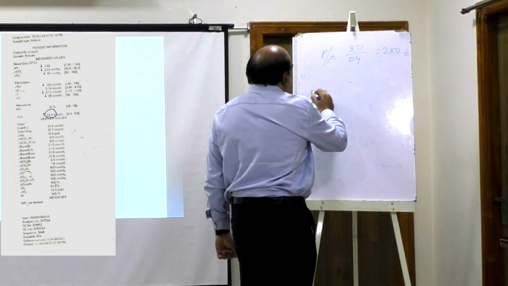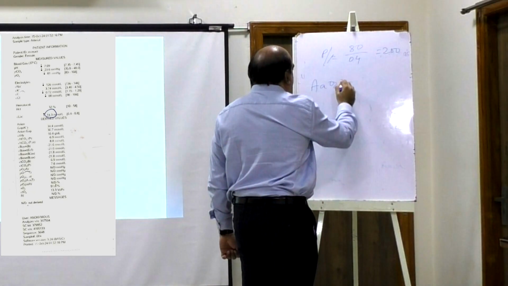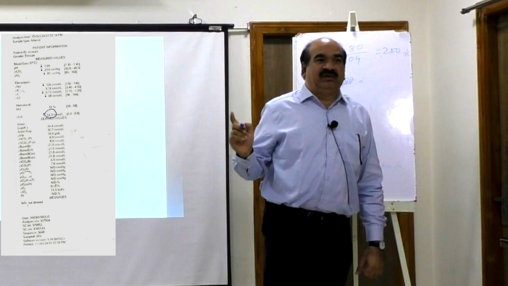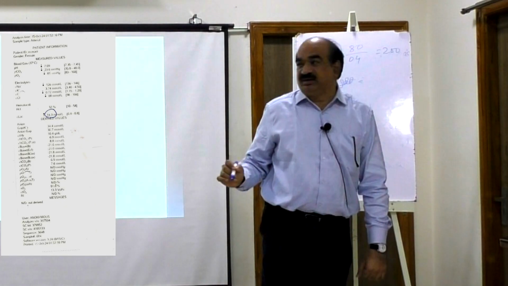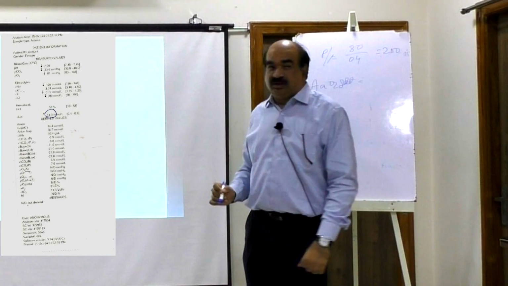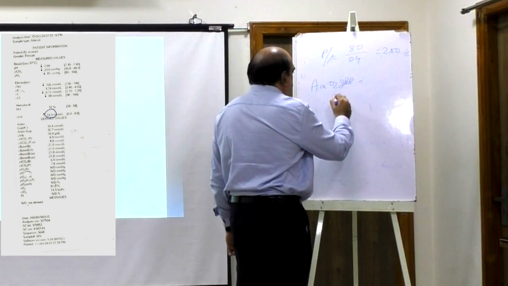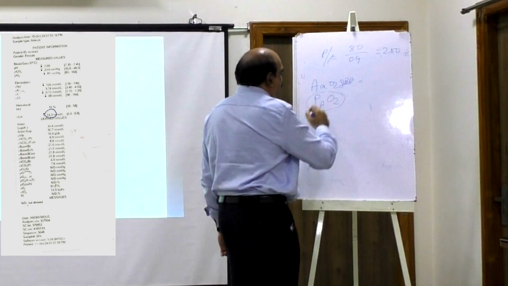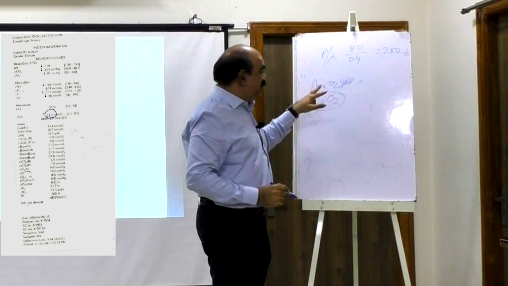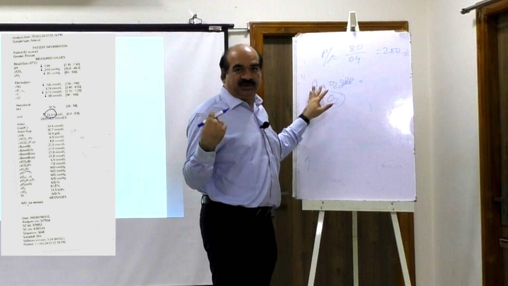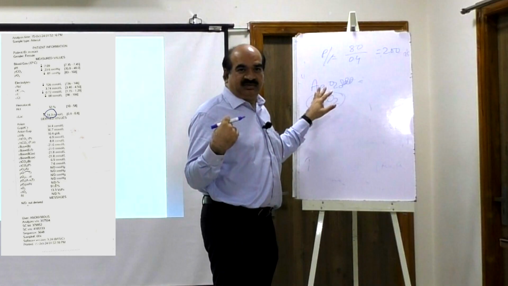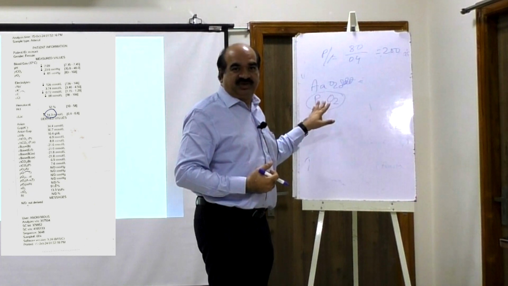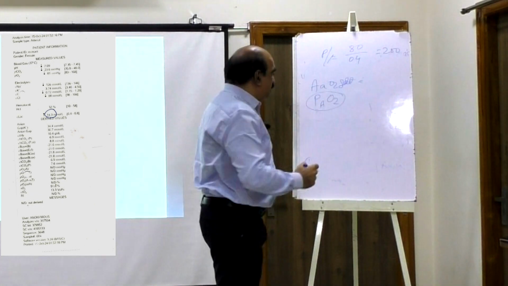Then what is the gradient in this case? The alveolar arterial oxygen gradient. So look for the alveolar arterial oxygen gradient. What is the formula here? For that we should know the alveolar oxygen and PaO2, capital A and small a. Capital A indicates alveolar, small a indicates arterial. We know the arterial PaO2, that is 80 millimeters of mercury. But we should know the alveolar oxygen pressure, PAO2. The formula is